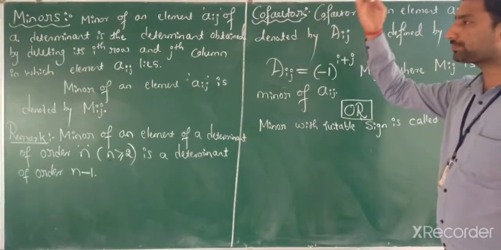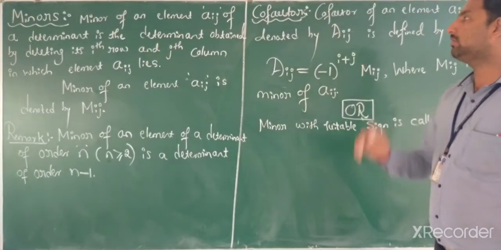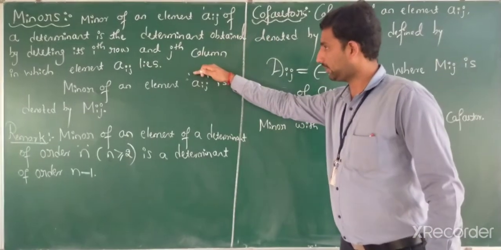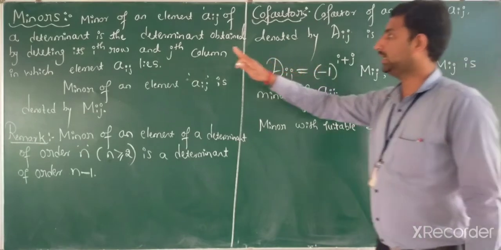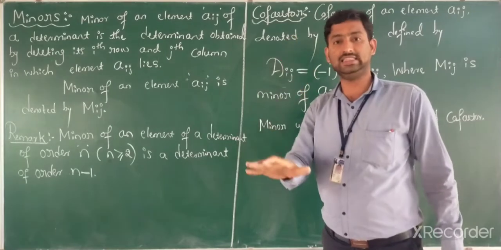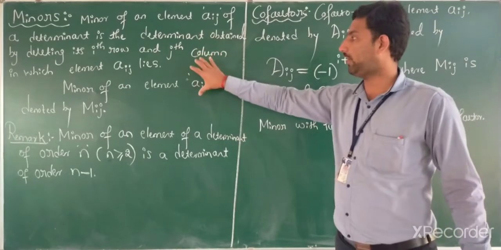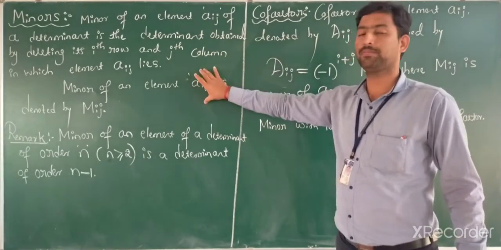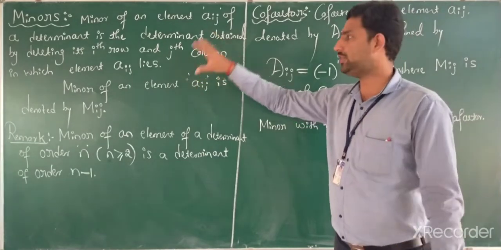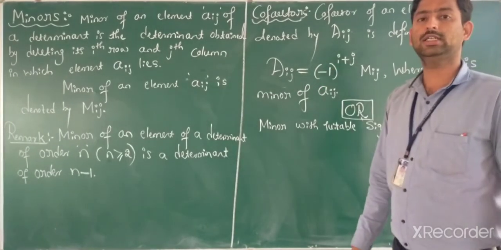Cofactors and minors are very important for finding the inverse of a matrix also. If we know the minor well, then the cofactor is easy. What you get in the minor, you have to put the correct sign, positive or negative, then you get the cofactor value. Therefore, while finding the minor, take precaution in finding the minor of each and every element first. Once you get that value, use this formula and automatically you get the cofactors.